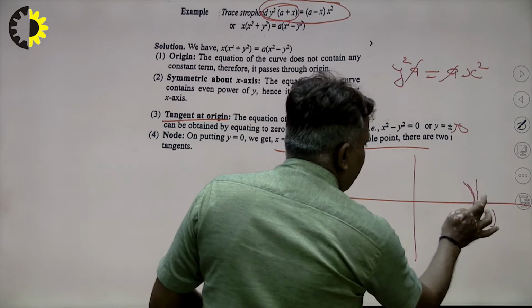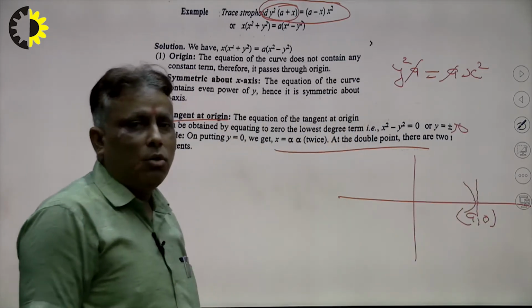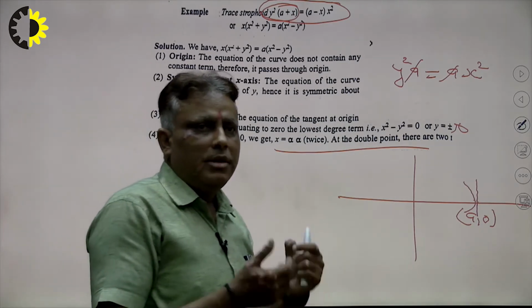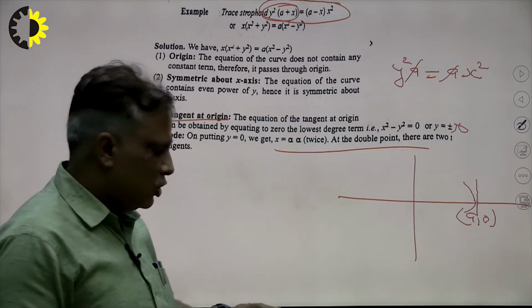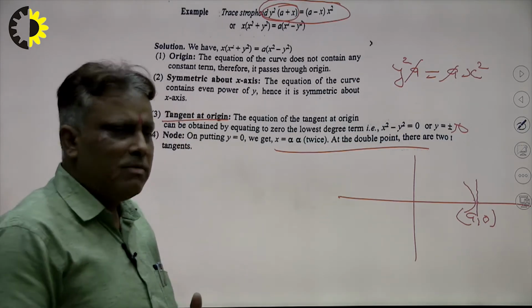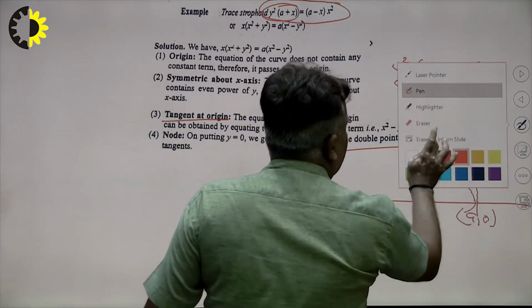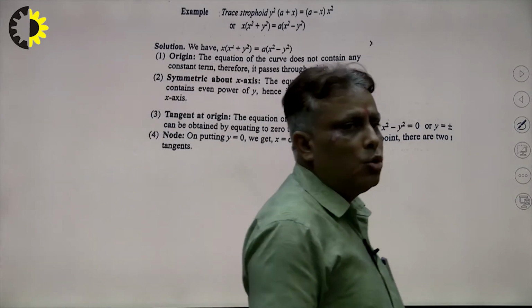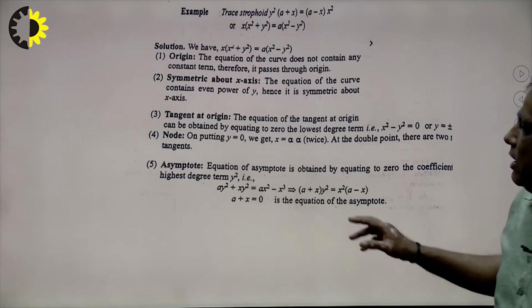So in this way we can find out our problem. What is the logic here? The logic is that if tangent and symmetry are both the same, the nature will be a cusp. If symmetry and tangent are different, the nature of the curve will be a node here. So in this way we can find out our problem, right. Now the question is how to calculate such type of problem here. So in this way we find out the asymptote, right.